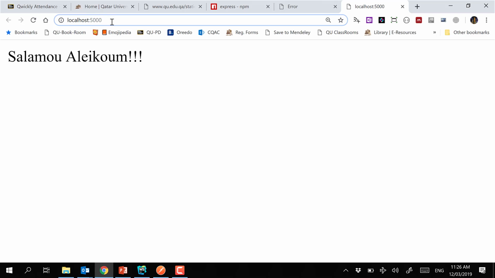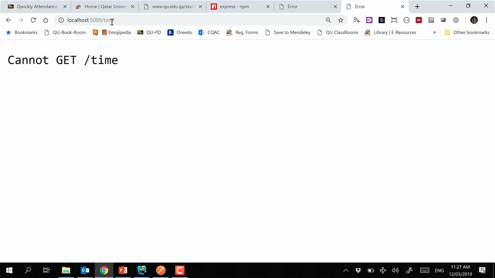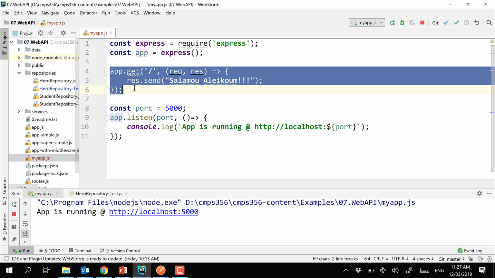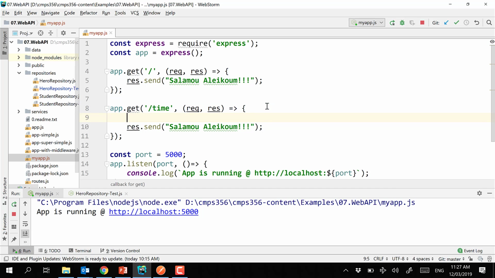Let's say I want to ask the server to give me the time on the server. So I go to this URL called /time. If I go there, the server does not know how to handle this. So what should we do to get the server to handle this request? Create a route and associate it with the app. So I copy this again, come here, and in this case the route will be /time. And then I will get the date and time of the server and send